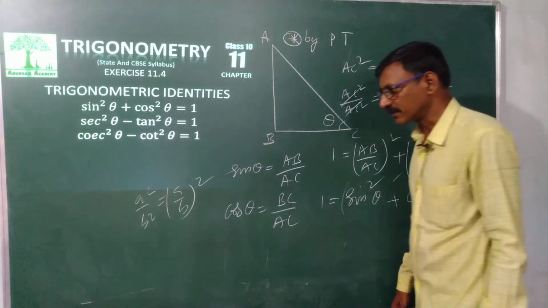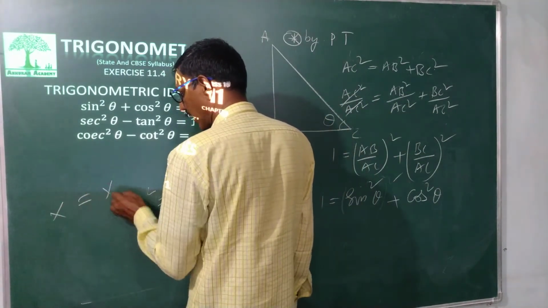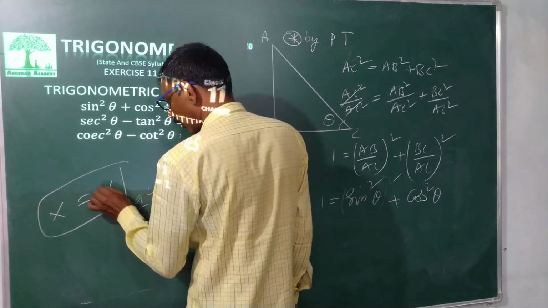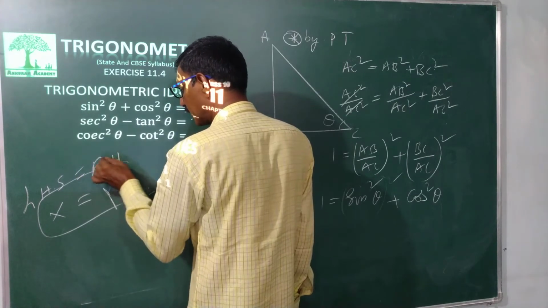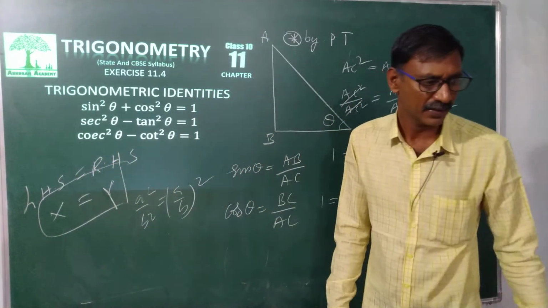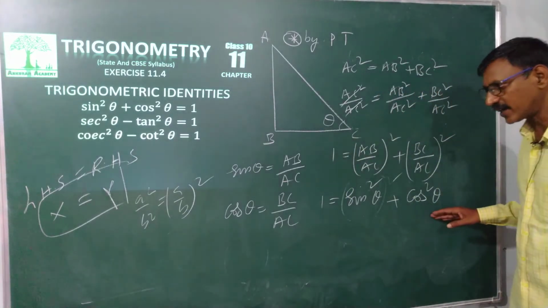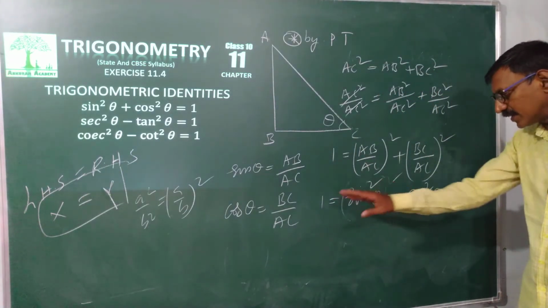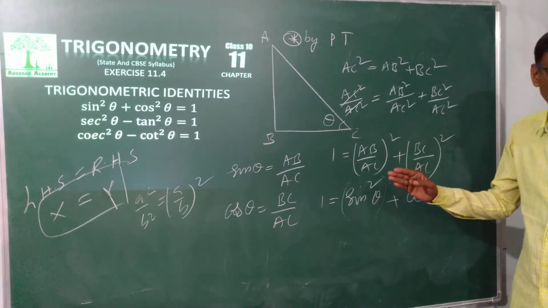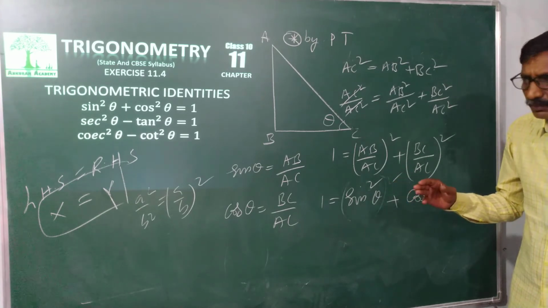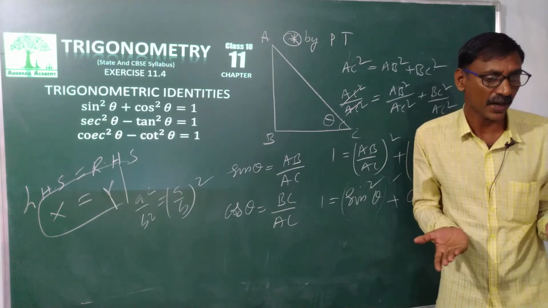In an equation, whatever it may be, this is my equation in x and y, LHS is equals to RHS. Then we call that it is an identity. This is also an identity because LHS is always equal to RHS. I would like to explain this with the help of numbers. Here I would like to take Pythagorean triplets. Let me help you to understand.